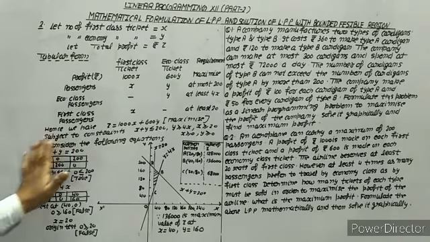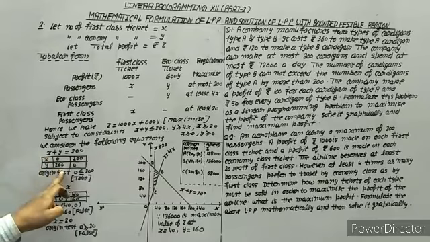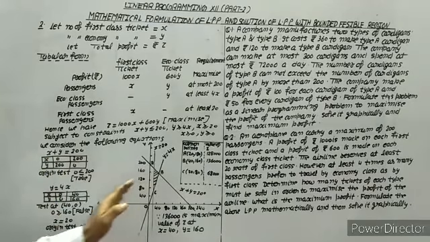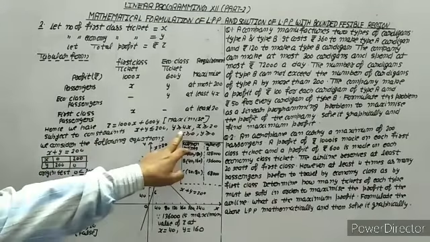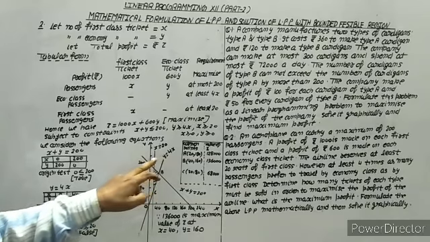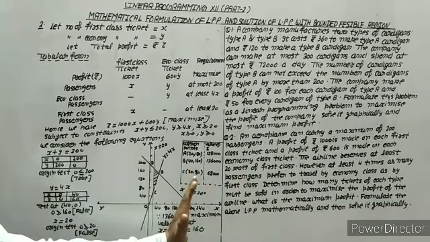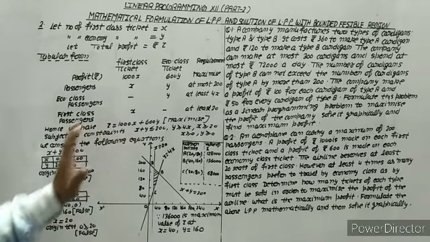Now we will draw the graph for this. For this we will take x plus y equals 200. These are the points. Origin test we will do, it will come true. For this, y equals 4x. If x is 0, y is 0; if x is 40, y is 160. The line passes through the origin, so we can't apply the origin test. That's why we are taking the point (40, 0) and we observe this is false. It means this side only. Now another is x equals 20. By origin test it is also false. Using all this,